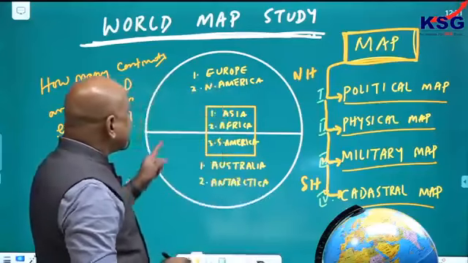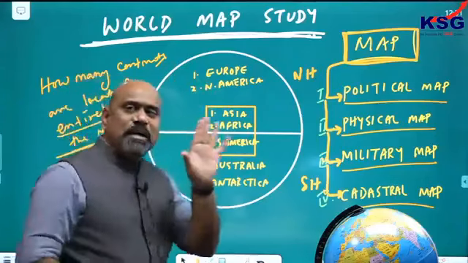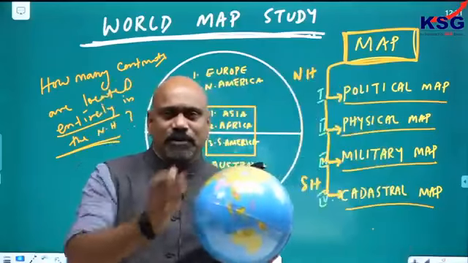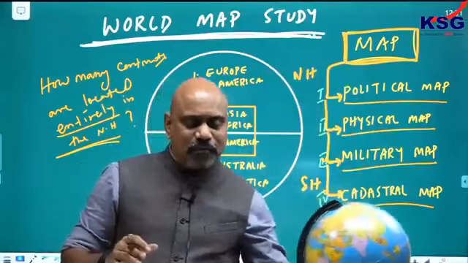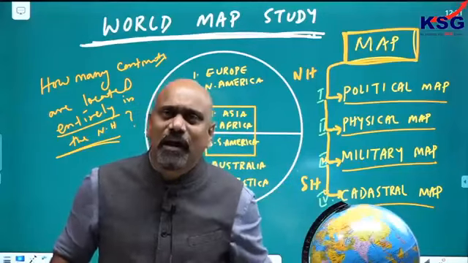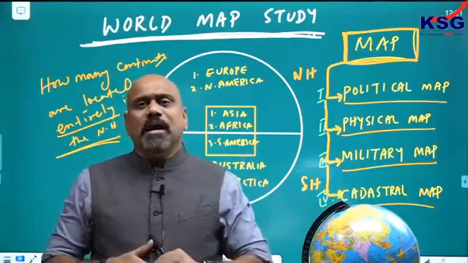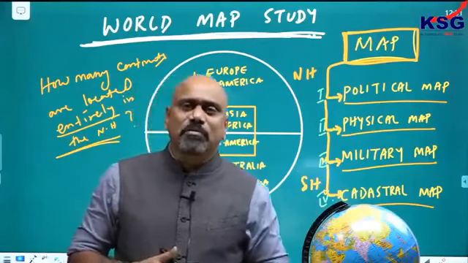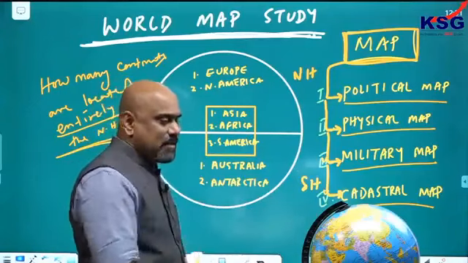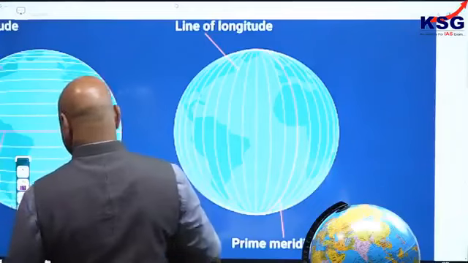So, here in the world map, if you look at the world map, both political and physical, two maps you will get. In the political map of the world, you will find only countries' boundaries like this. In the physical map, you have depth, height from the sea level, different color shadings are there. Have you got it? Just look at this map, you will find certain things. I request you all to have a glance over the political and physical map. You will find different things here. As I have just mentioned about political and physical map,